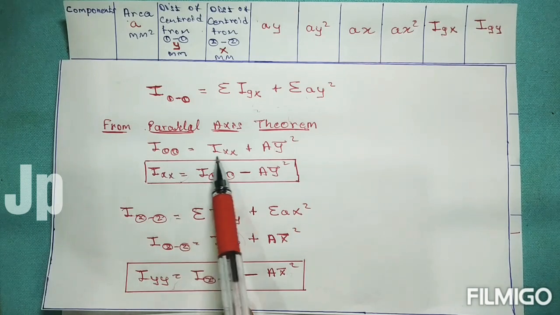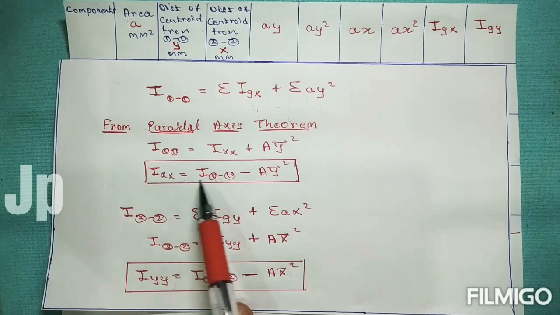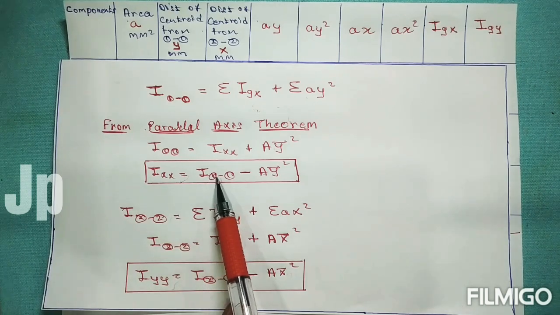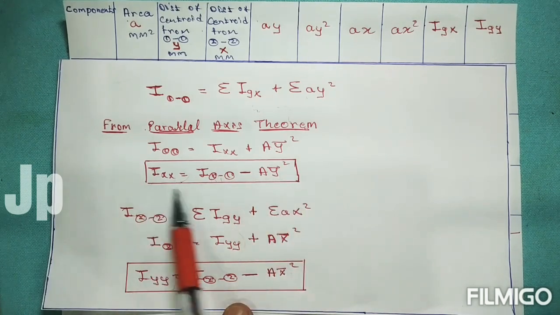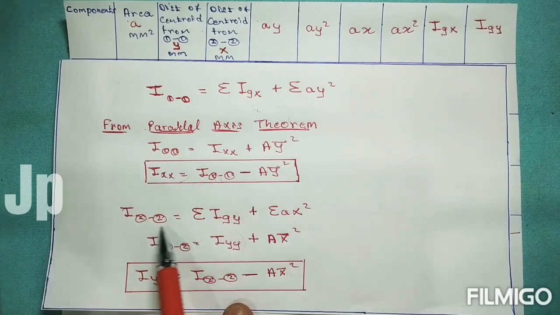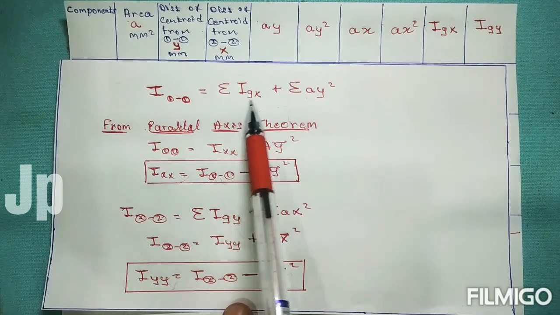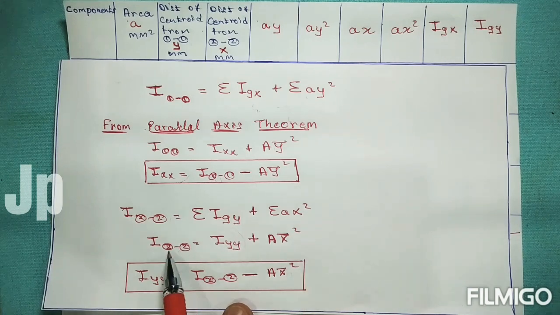So I will do a small rearrangement. Actually I need the moment of inertia along the x-axis. So the moment of inertia along the x-axis is equal to the moment of inertia along reference axis 1 1 minus A into y bar square. So like that we will get the moment of inertia along the x direction. So here also it is the same. The moment of inertia along 2 2 is opposite to this. Here Igx, here Igy, here summation of Ay square, here summation of Ax square. So from the parallel axis theorem we will get I22 is equal to Iyy plus Ax square, opposite to this. So next the small rearrangement is Iyy is equal to I22 minus Ax bar square.